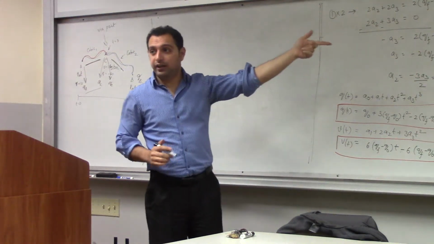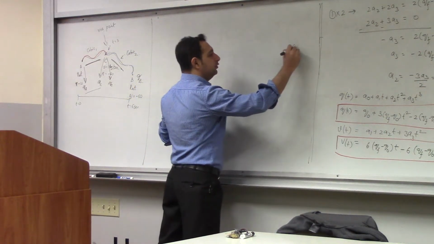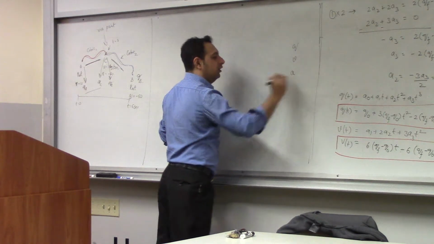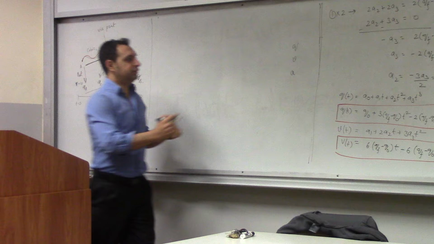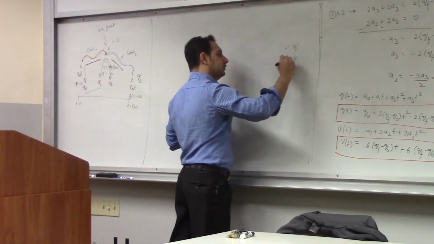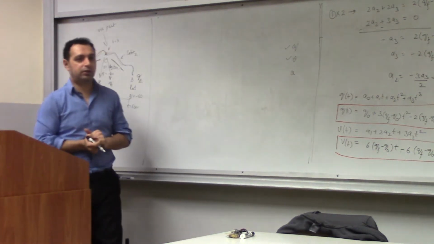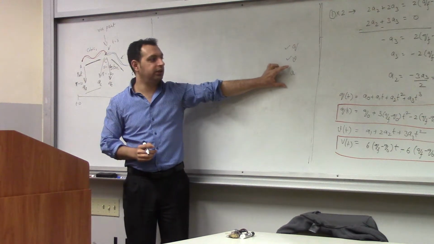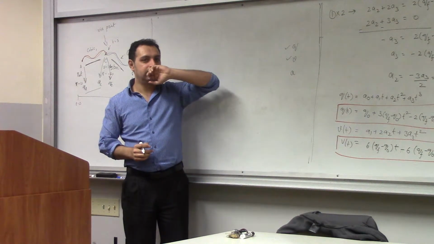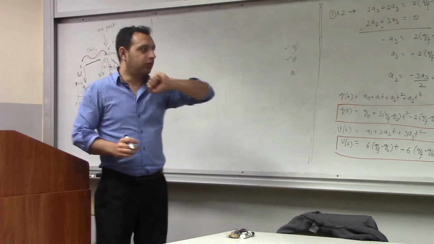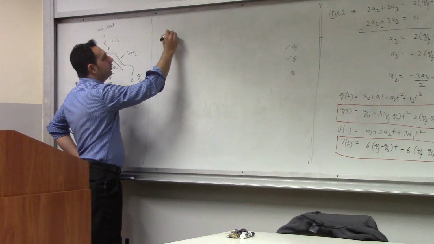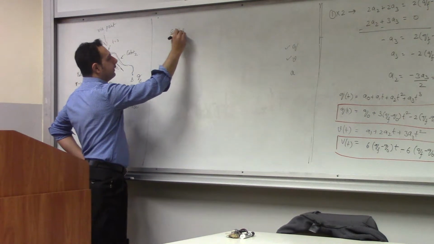If I want to track A also, right now I'm tracking Q, I'm tracking V, I want to track A also. This is done using a cubic, a third degree polynomial, which covers these two. If I want to cover acceleration also, what should be the degree? Let's say we have a fourth order. So Q of t